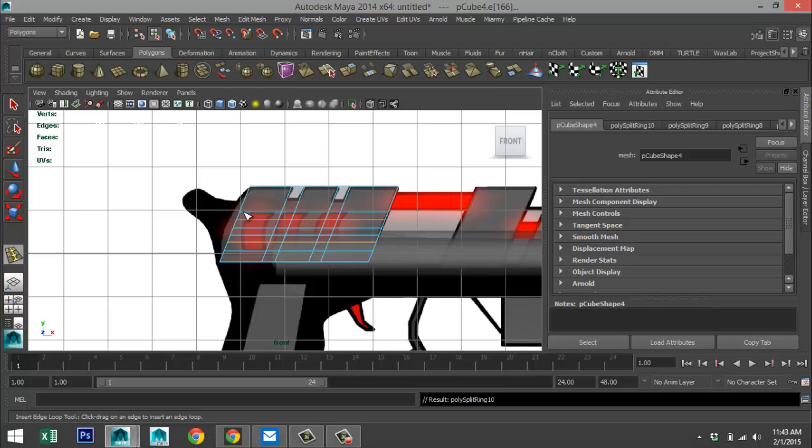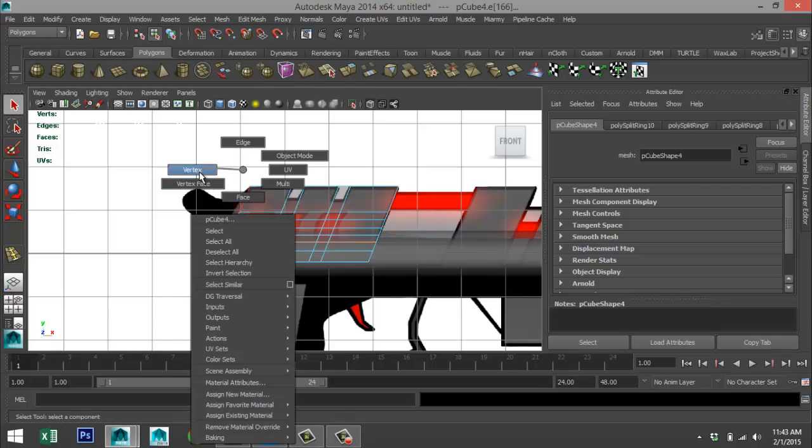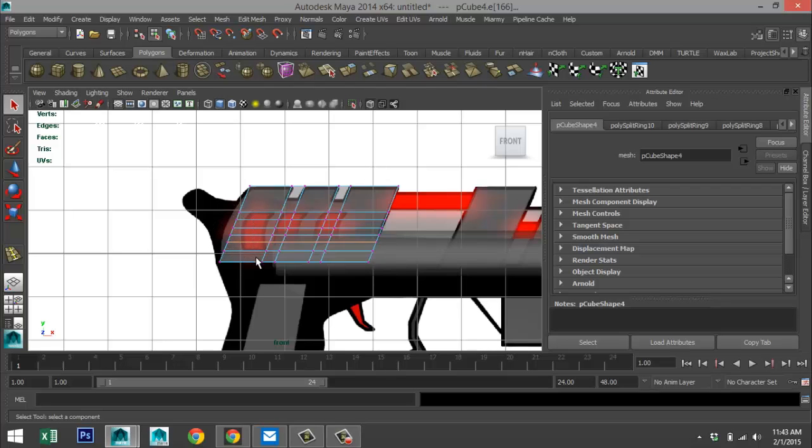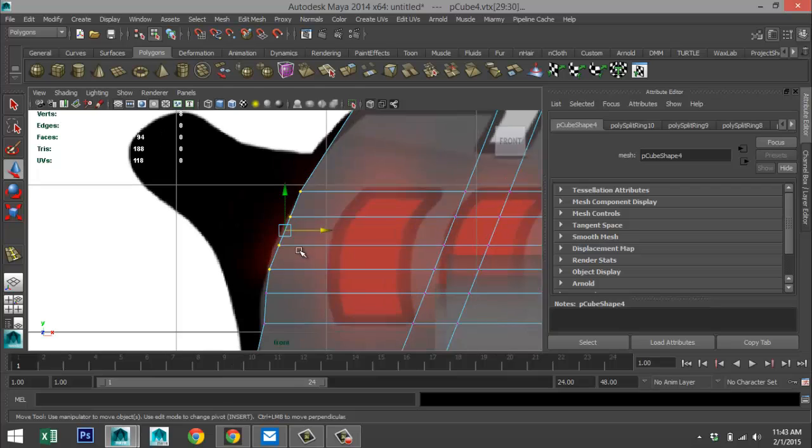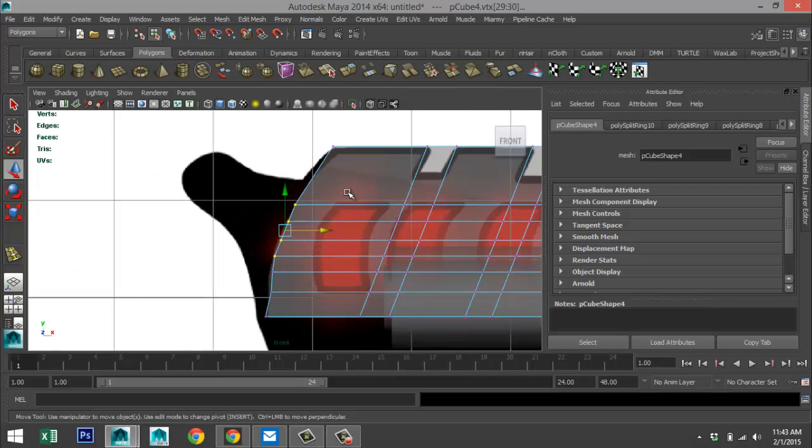Okay, so now we're going to hit Q on our keyboard, right click vertex, drag select these guys, hit W, and we're starting to create that curved shape. And actually, I'll need to zoom in a little bit. Okay, so I'll take this guy.